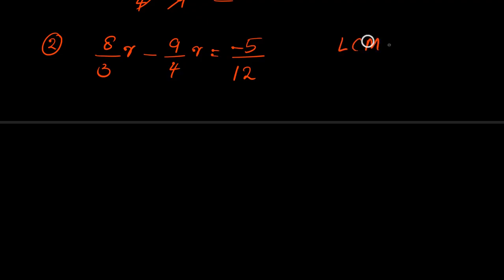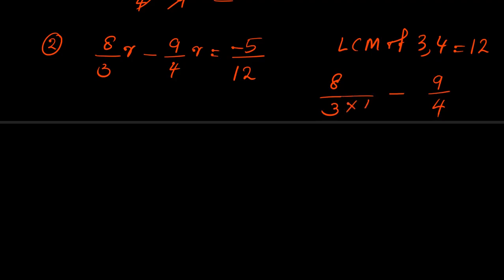The LCM of 3 and 4 is 12 since they don't have any common factors. So for 8 over 3 minus 9 over 4, we have to make the denominator 12. 3 times 4 is 12. Do the same thing with the numerator. Similarly, 4 times 3 is 12. Do the same thing with the numerator. So the question changes to